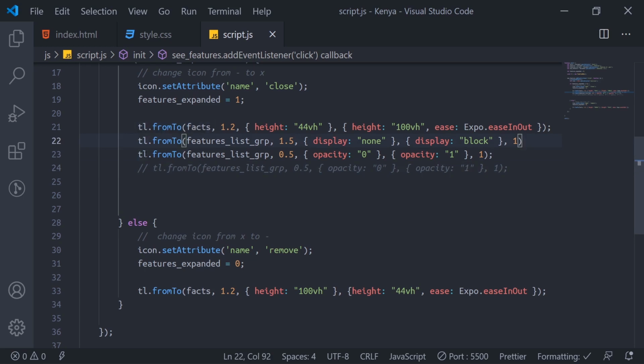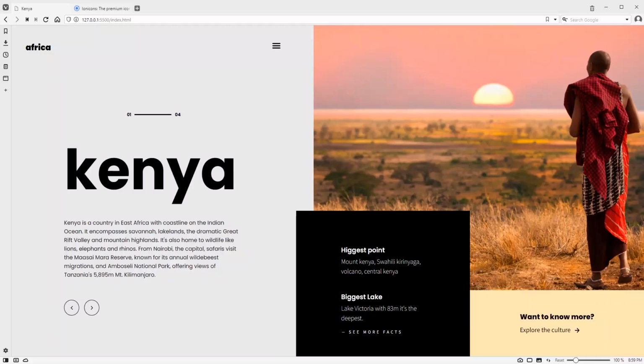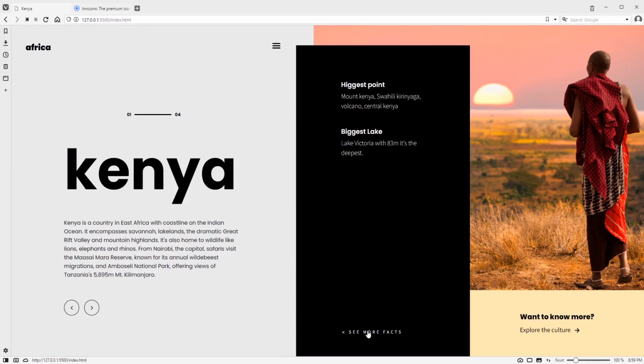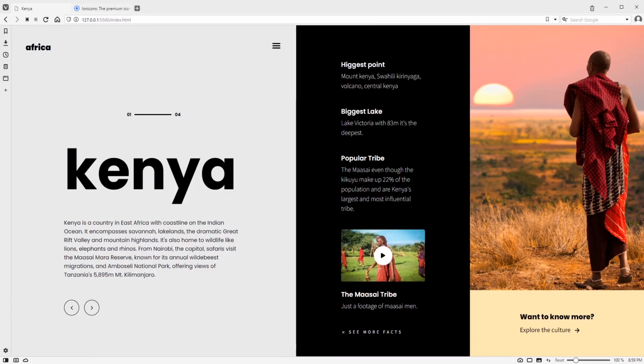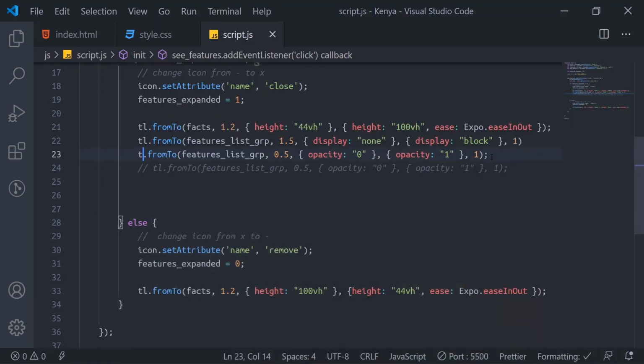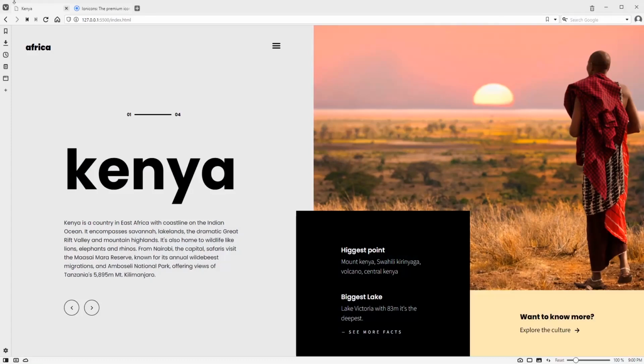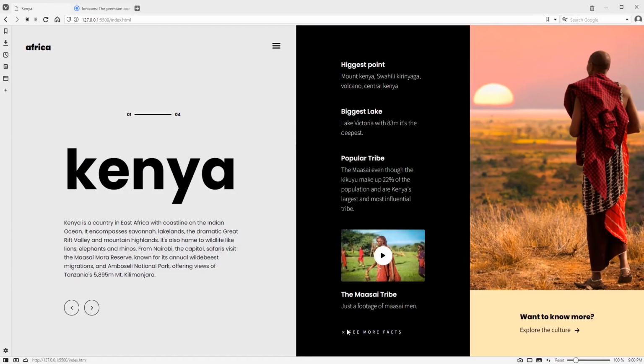I suppose I should remove this TL here. All right, we'll check first. Refresh. Okay, that means I'm not supposed to remove it. It's supposed to actually close. I click. All right, so we are in business.